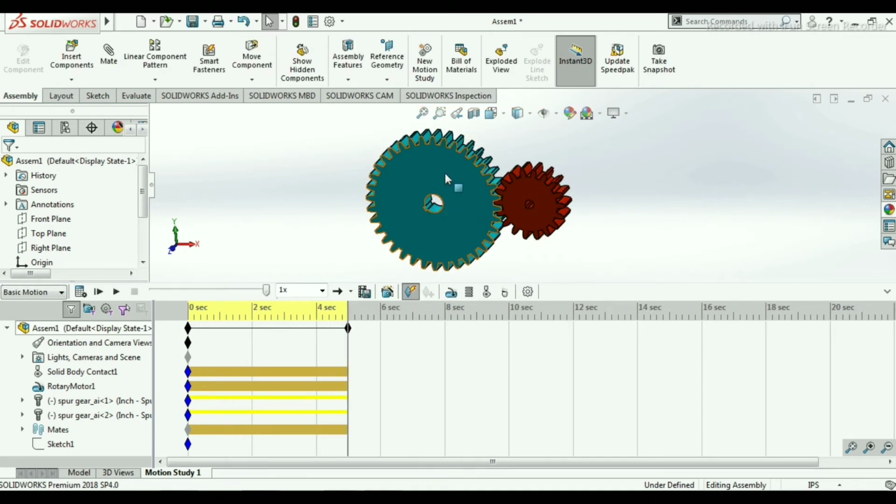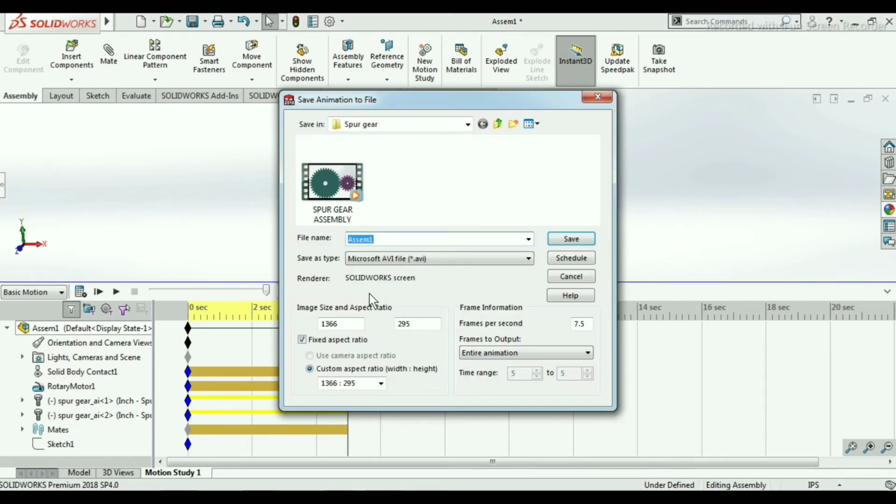Now if you want to save this animation video, there is one option here, Save Animations. So click on Save Animations, and they are asking for the file type. There is only one, that is the .avi file, which is supported by most video players. And then here click on fixed aspect ratio.